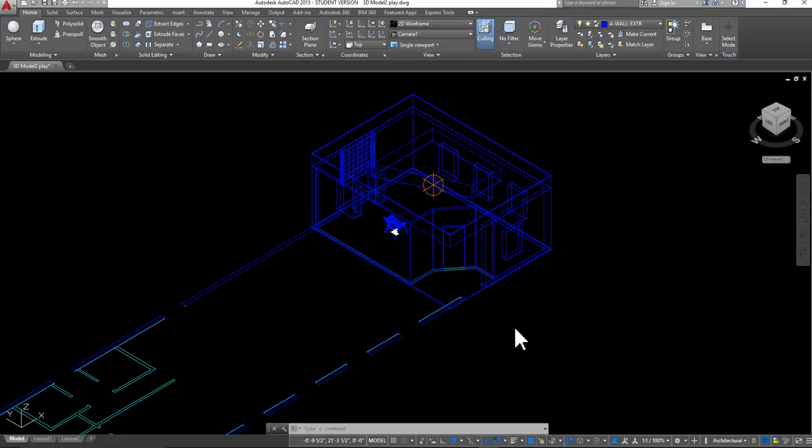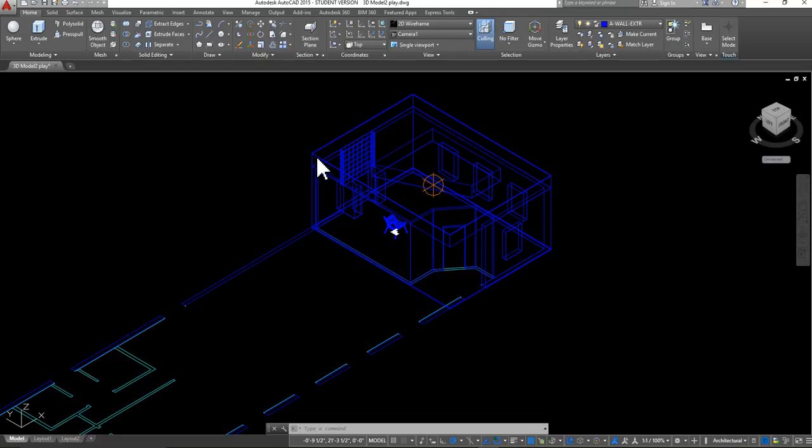Hello everybody, so I want to walk through how to do a door and also how to create a window. So this is going to be a fairly quick, I'm hoping, tutorial for you guys. So I'm just going to get right into it. The first thing I'm going to do is draft a door, and then I'm going to move on to the